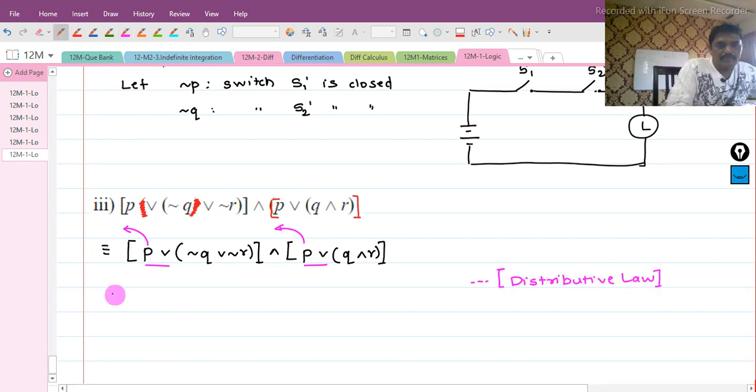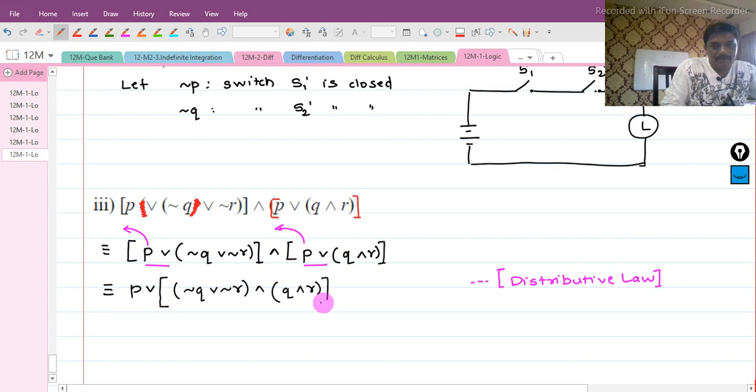We call this the distributive law. So this is going to give me P and, in the bracket, negation Q and negation R, and Q and R. Okay, Q and R are these things. Now,